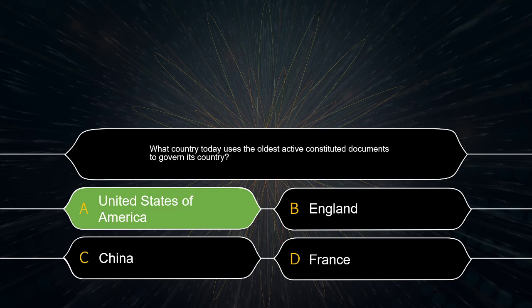United States of America. Now, most of you, especially people in the United States, are like, what? We declared independence from Britain. Britain. What country is up there? B, England. When did England constitute its current documents for its current government that it's running its government under today? It was after the United States.